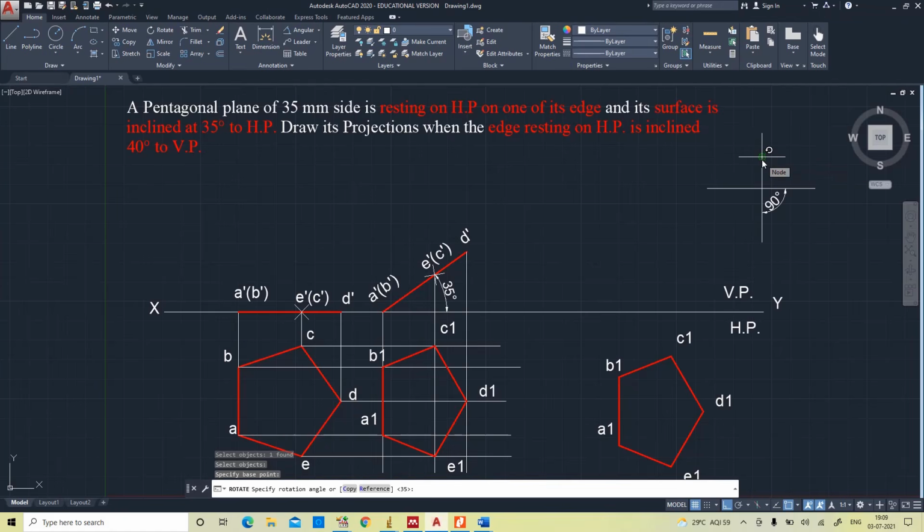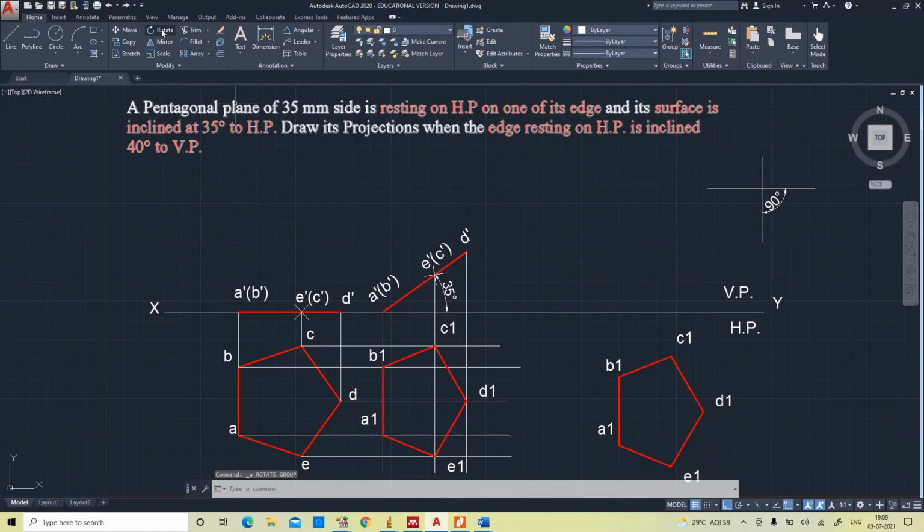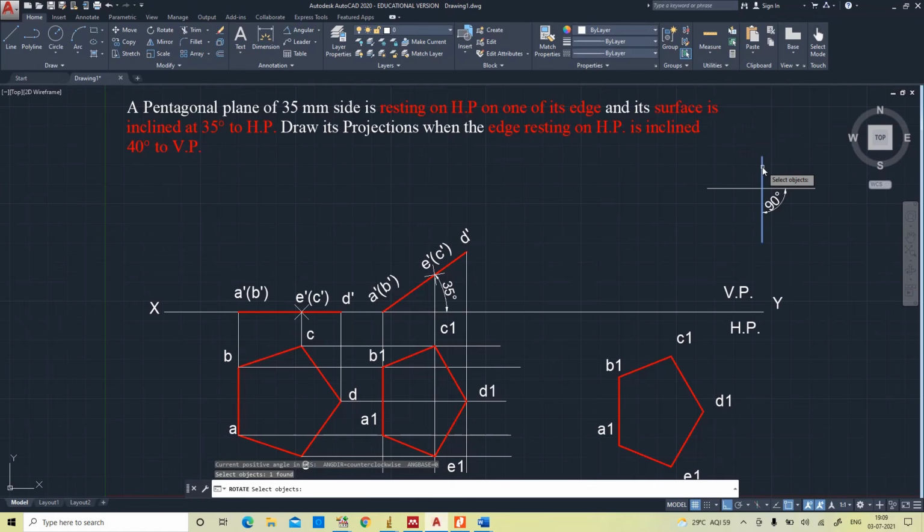Suppose I want 40 degrees. If you are giving 40 degrees, just it will move 40 degrees in counterclockwise direction. See, 90 minus 40, because it moves counterclockwise direction, 40. So the remaining is 50, but we require 40 degrees here. So in order to get 40 degrees, just rotate 50 degrees. 90 minus 50 equals 40, we will get it. So base point rotation angle, we need 40, 90 minus 50, because the 50 degrees it will move. See, we are getting 40 degrees to vertical plane.